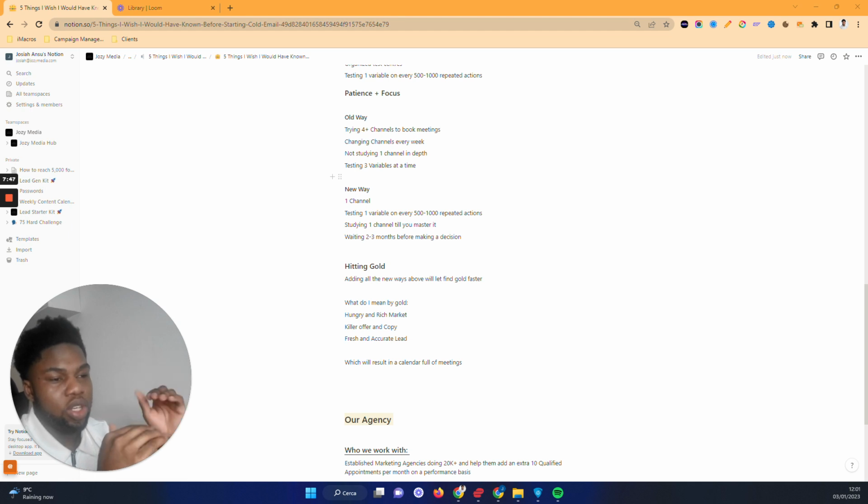And essentially waiting 2 to 3 months before making a decision, or in our case, waiting until after the test batches to make your decision. So that would be the decision of testing the variables, changing niches, changing channels, stuff like that. Because what I see in the space a lot is people don't give it enough time to actually reap